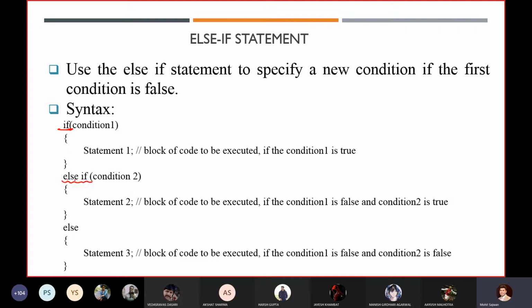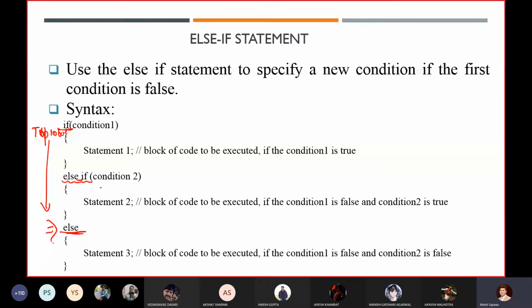As I told you, in else if you have a space in between, and based on that you always try to execute the code. Now, the third thing which we have learned in your else if statement is related to your else. This else block of code is optional, and it will be executed at last, because you already know that we are executing our code from top to bottom.